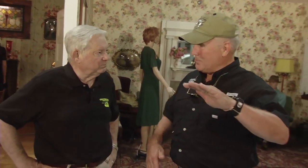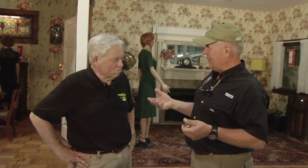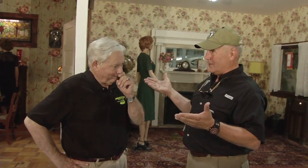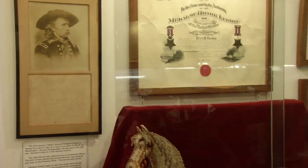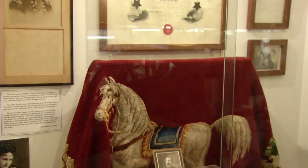Well, let me ask you, let's go a little earlier, okay? You've got this musket as a 7-year-old boy, and so you're collecting stuff pre-Civil War and that sort of thing. Now we're talking the cavalry, okay? I notice there's a certain box in there that houses a lot of Custer stuff. How important is that to your collection? Some interesting items from the Indian War period. Yes, we